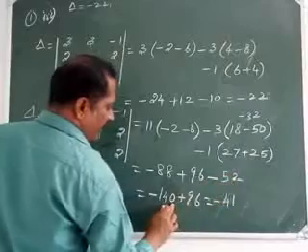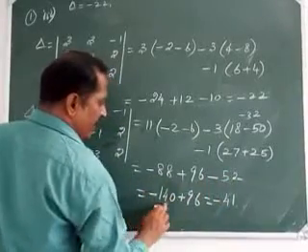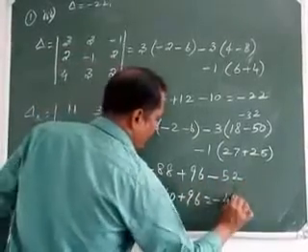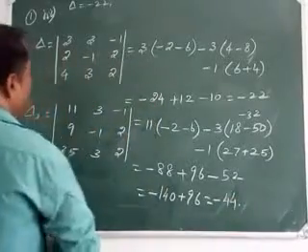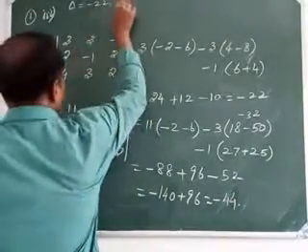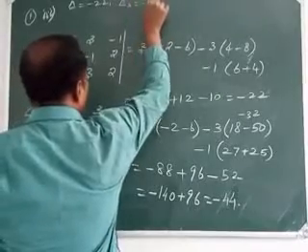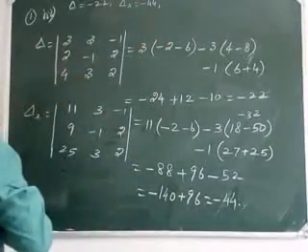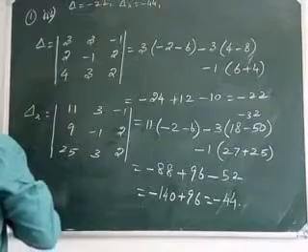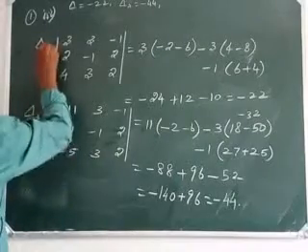8 plus 2 is 10, 140, minus 140 plus 96 is equal to minus 44. So delta x is equal to minus 44, and then delta y value, delta y is equal